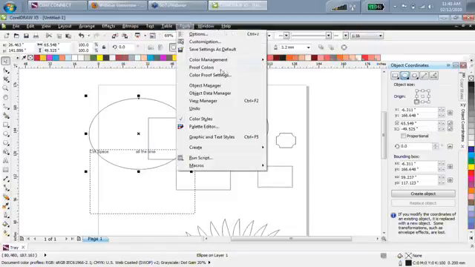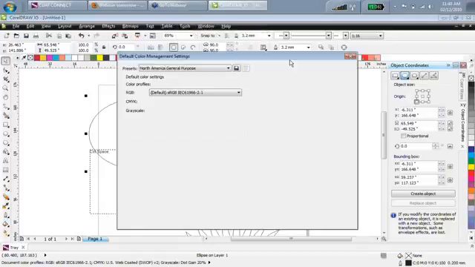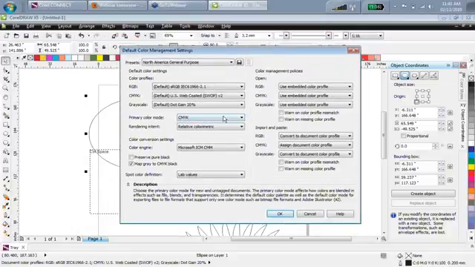Now, if you want to change it so it always sets up for RGB, for example, if you're a person who does sign making, or you do laser engraving, or you always do work for the web, then the default to CMYK isn't really what you're looking for. You're going to want to have it set up to be RGB. So then you come into here, you go color management default settings, and then you'll find that down here we have the default for all new documents that we create,